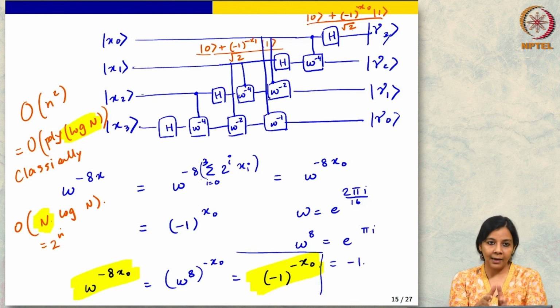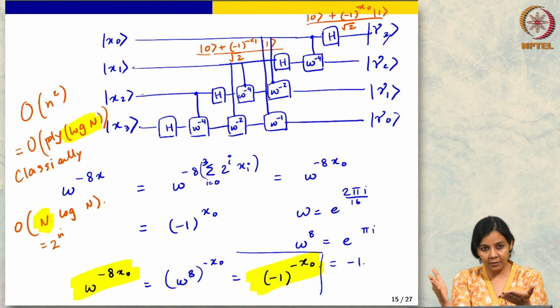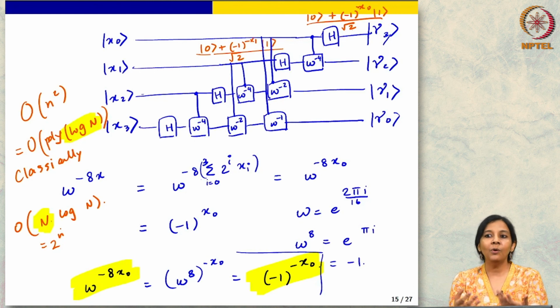So, at this stage, if I have already collapsed to this input superposition for the same color, why can't I just do a few measurements and get something already? Why do I need to even apply this quantum Fourier transform? Right. Let us stop here.